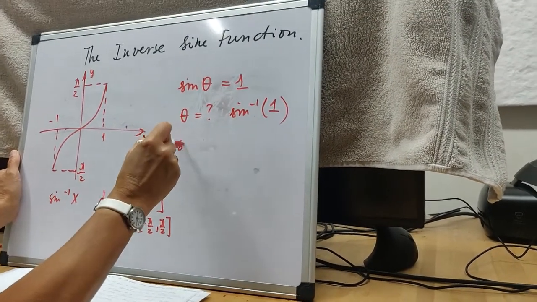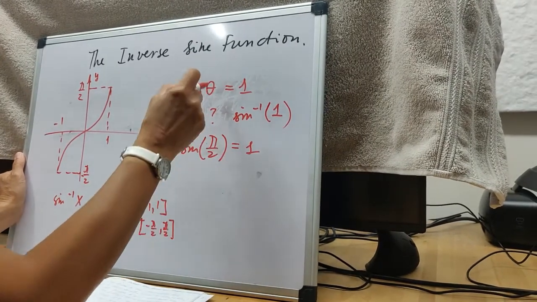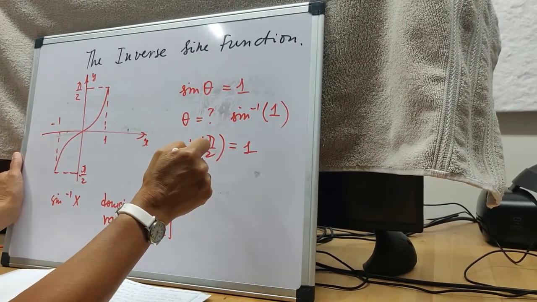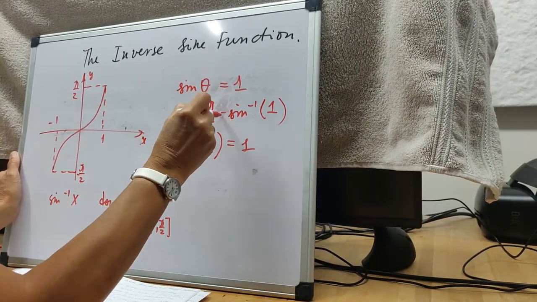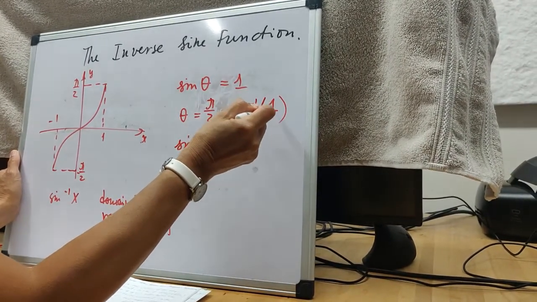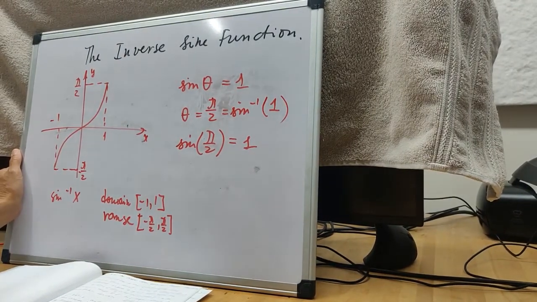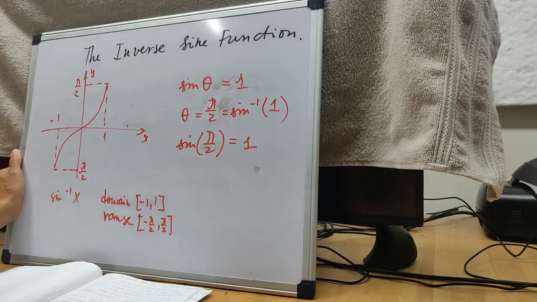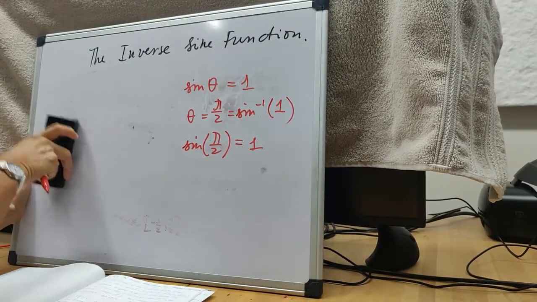Well, we do remember that sine of pi over 2 from the table equals 1, right? So we actually know that theta equals pi over 2. Well, what does it mean? That's going to be the value for inverse function. Sine inverse of 1 is pi over 2. Okay, so that's how we are going to use inverses,